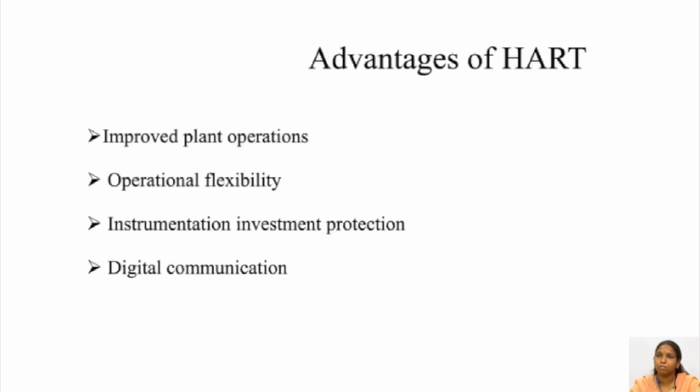The advantages of HART: improved plant operation, operational flexibility, instrumentation investment protection